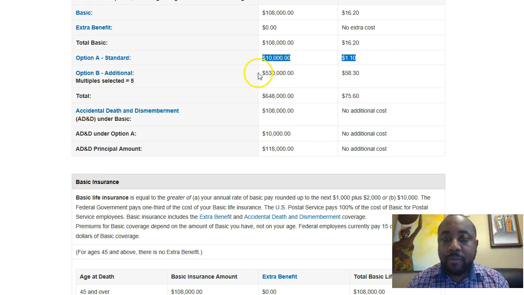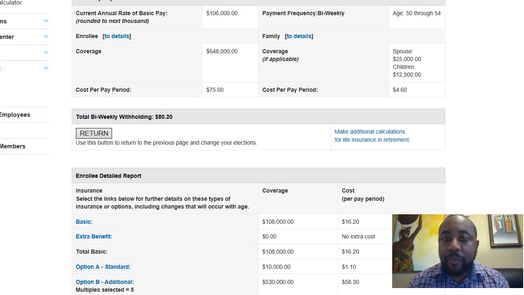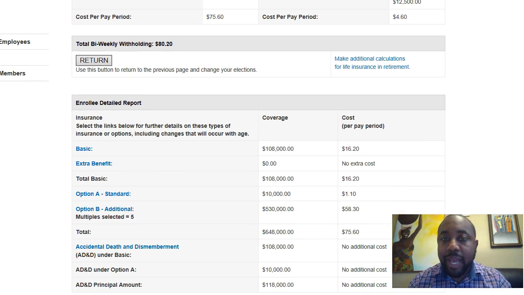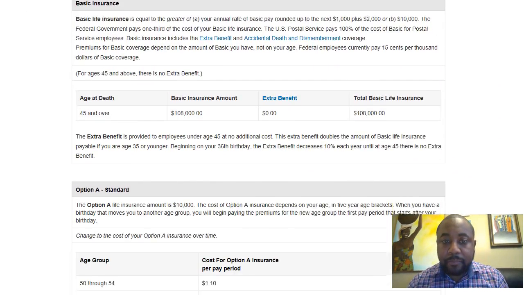But then option B, where it's 5 times your salary, and this is the part that gets most people caught up. Okay, she has $530,000 and she's paying $58.30 for that. So again, total for Dawn, she's paying $75.60 for all the coverage on her. That's today. Now,